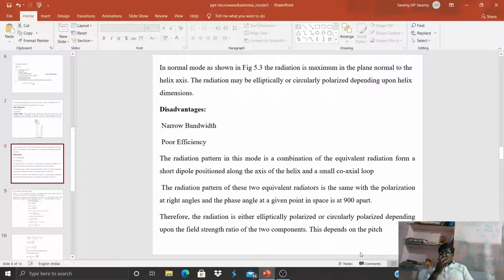Those will be individually radiated, and those will be combined. They may be circularly or elliptically polarized. Therefore, the radiation is either elliptically polarized or circularly polarized depending upon the field strength ratio of these two components, because this depends on the pitch